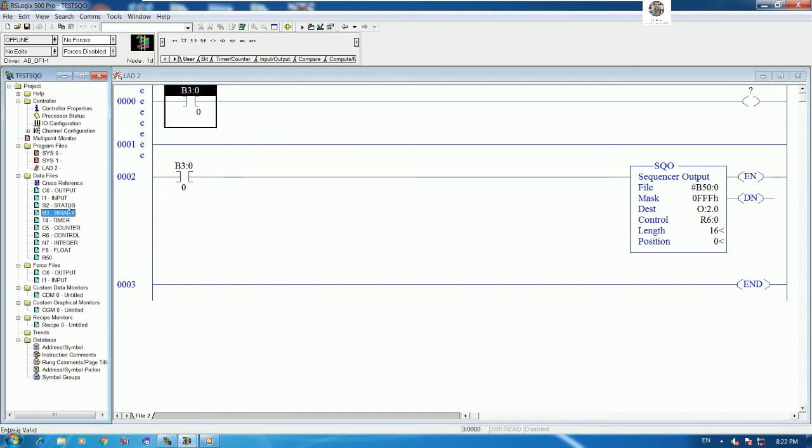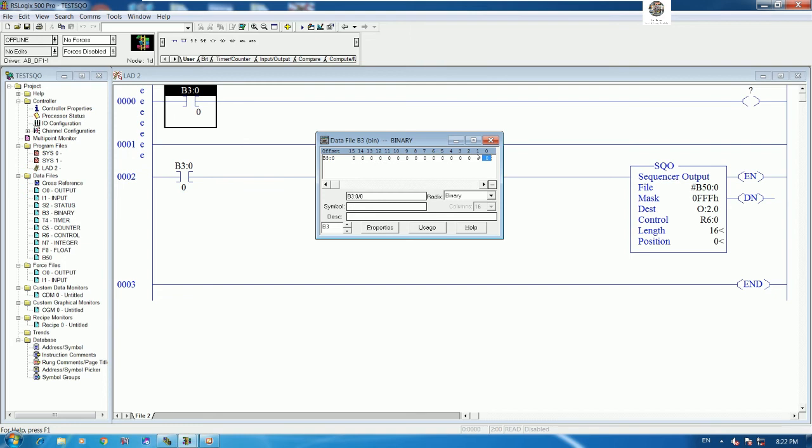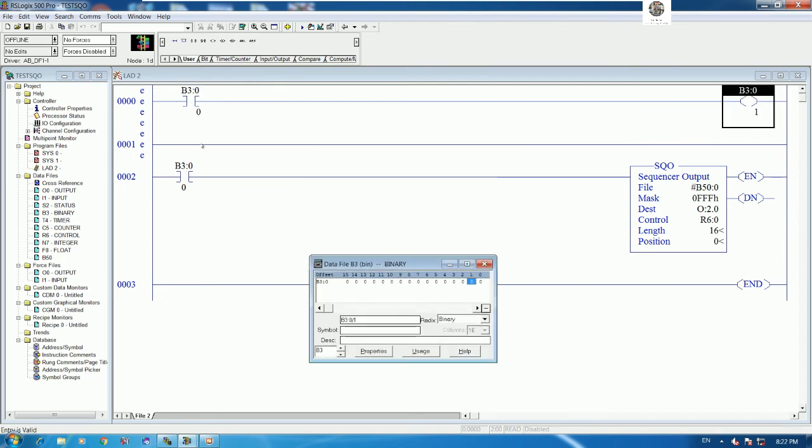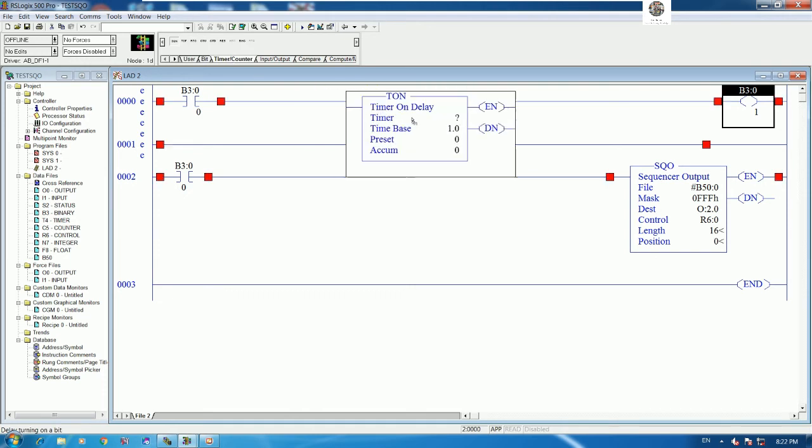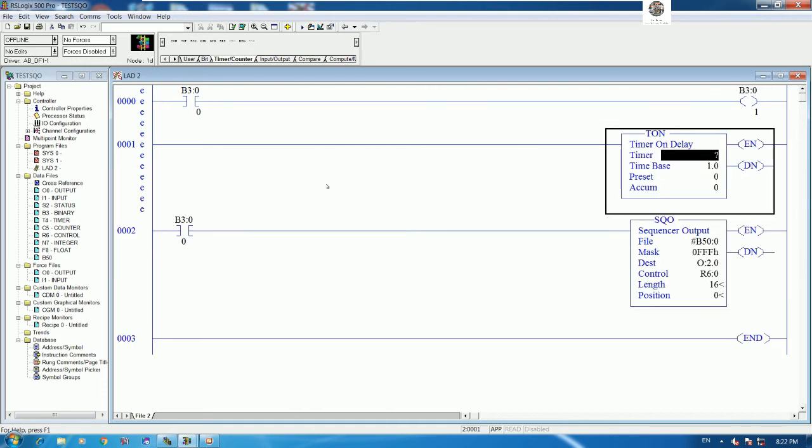Okay, and then this one I will use like this, and I will enable the timer. Yes, so let's go to timer on, and then it will start from